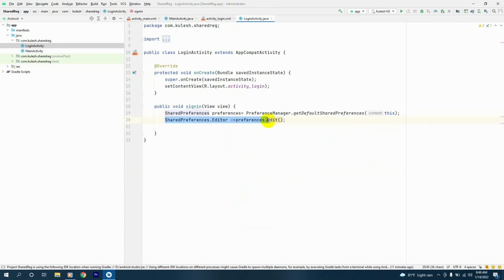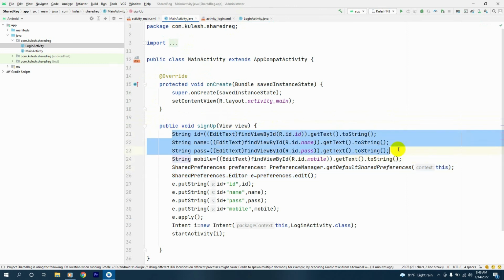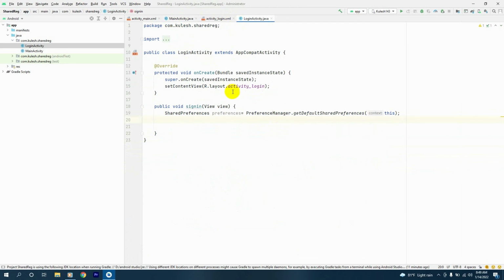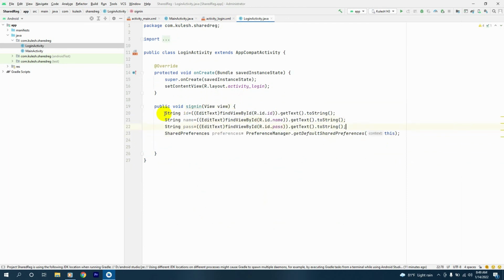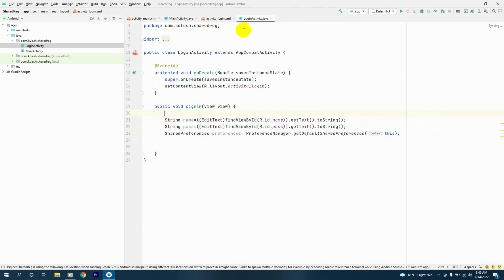Actually we don't need the shared preference edit thing. We'll copy this from here and paste it here, and we will not need the ID. And the next thing,